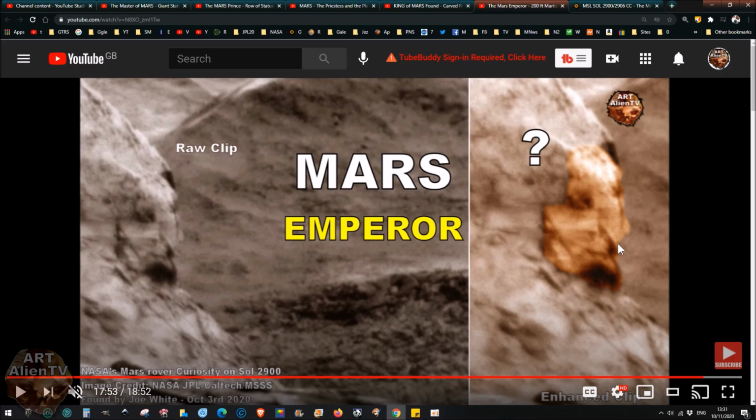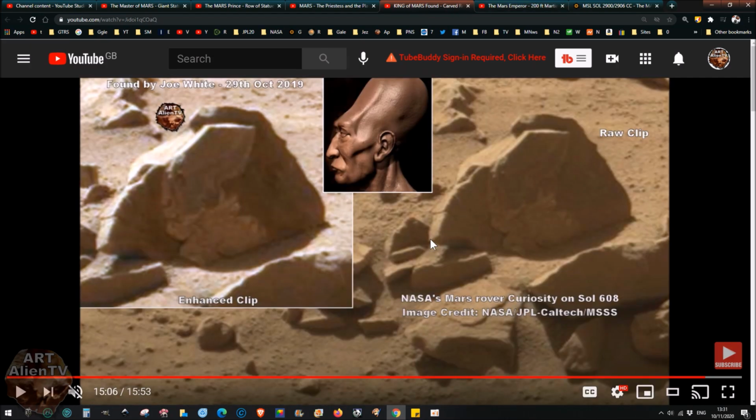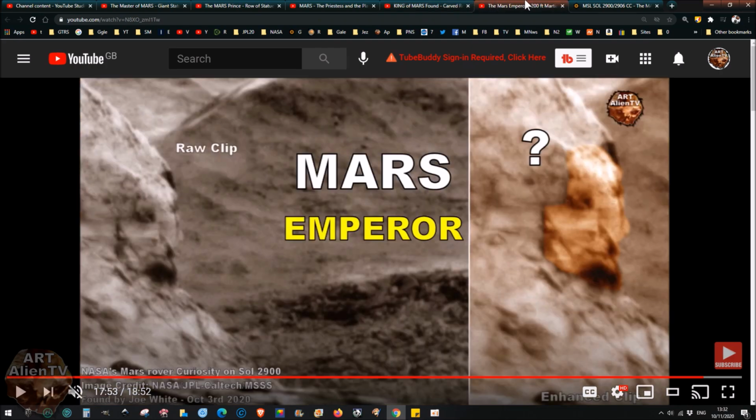They would be from various points of that person's life, and what I think we're seeing here are different depictions of either the same person or the father and son. In other words, this person here was probably a king, and this person here was probably a king. Otherwise, you wouldn't have a giant 200-foot statue carved of you. You'd have to be a pretty important person to warrant such a huge undertaking and